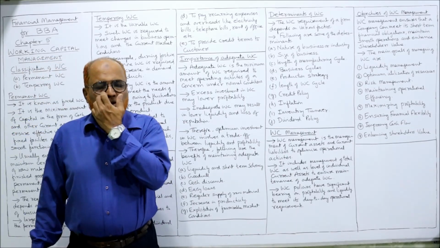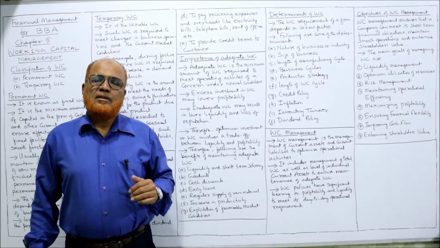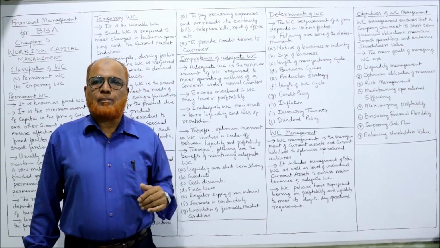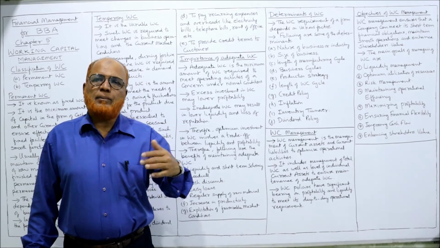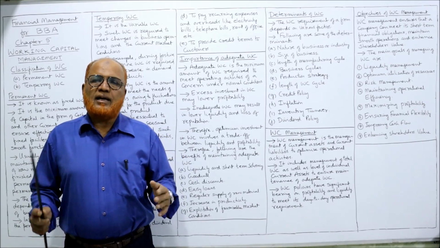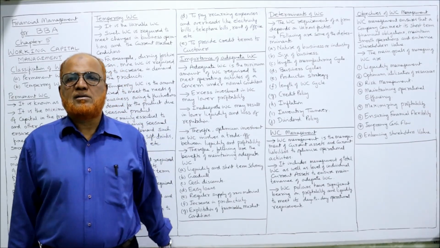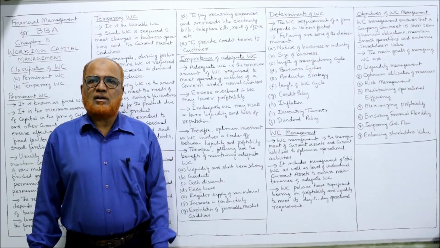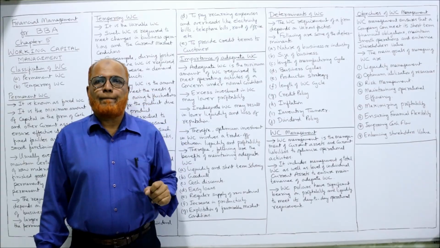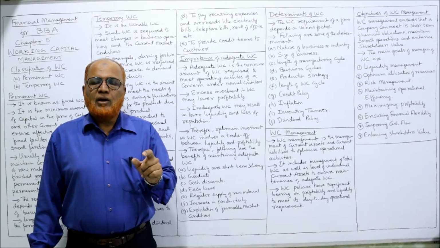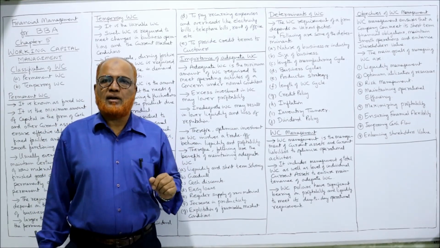Secondly, goodwill. When you make continuous payments to the supplier, there is no delay in the payment to the supplier of material, supplier of goods. When there is no delay in the payment of wages and salaries, no delay in the payment of utilities, then what will happen? The goodwill of the business will increase. The reputation of the business will increase. So the business can go a long way if you have goodwill. And we can generate goodwill by managing the working capital, adequate working capital.